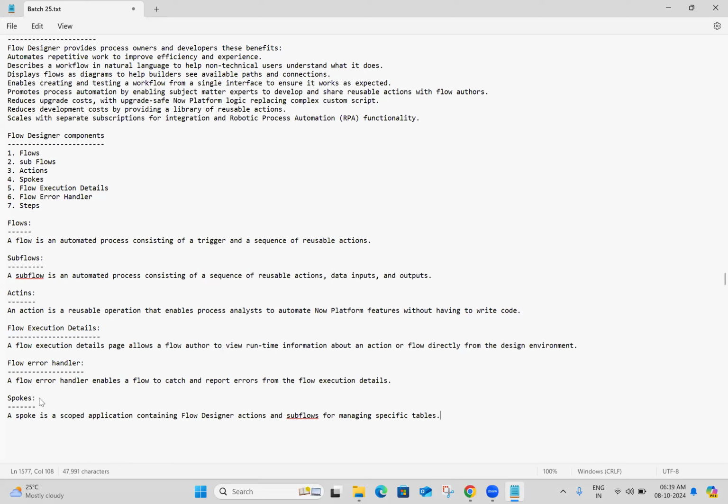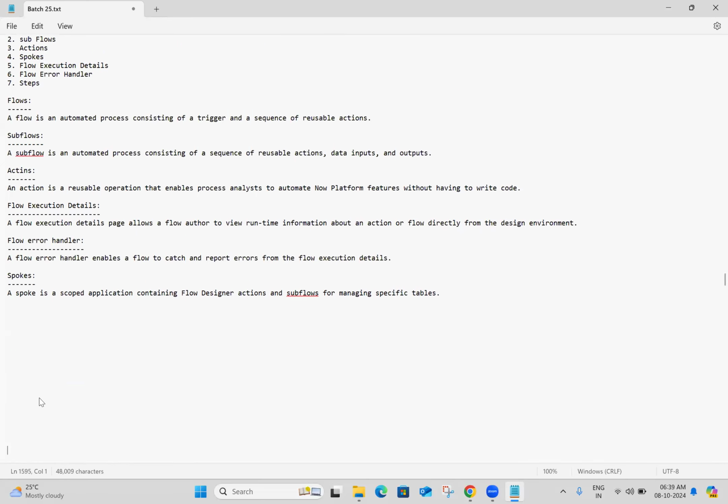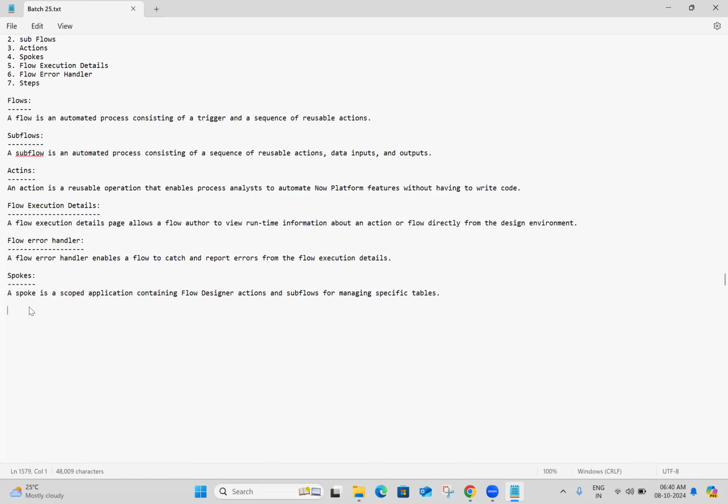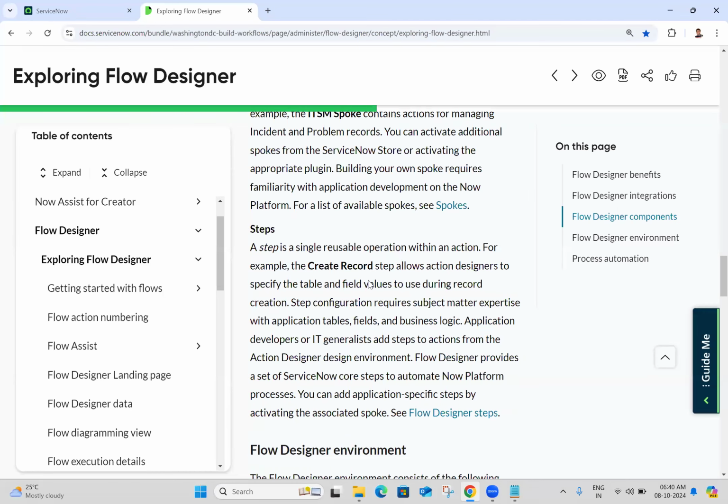Spokes are kind of plugins. By default, we will not get those features. By purchasing the spoke, we'll get the features. Most of the spokes are paid only. A few are free of cost also. And next, steps. A step is a reusable operation